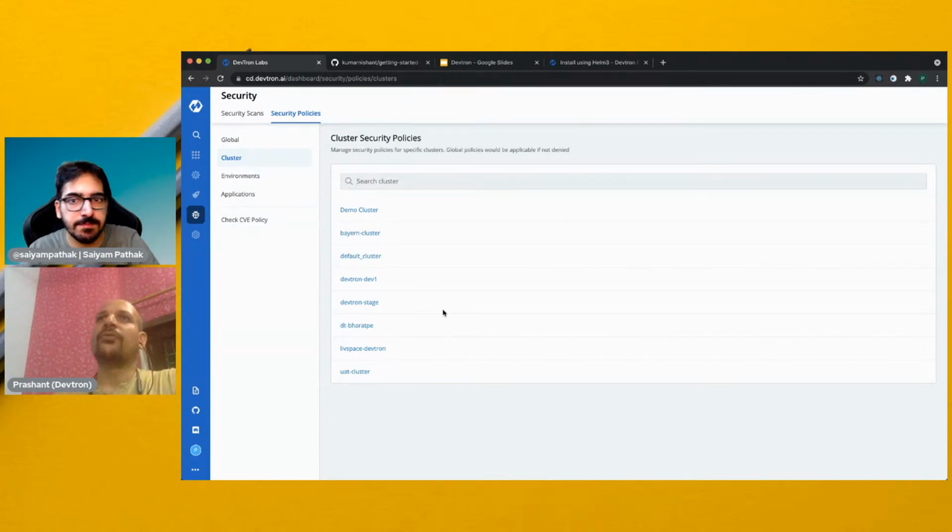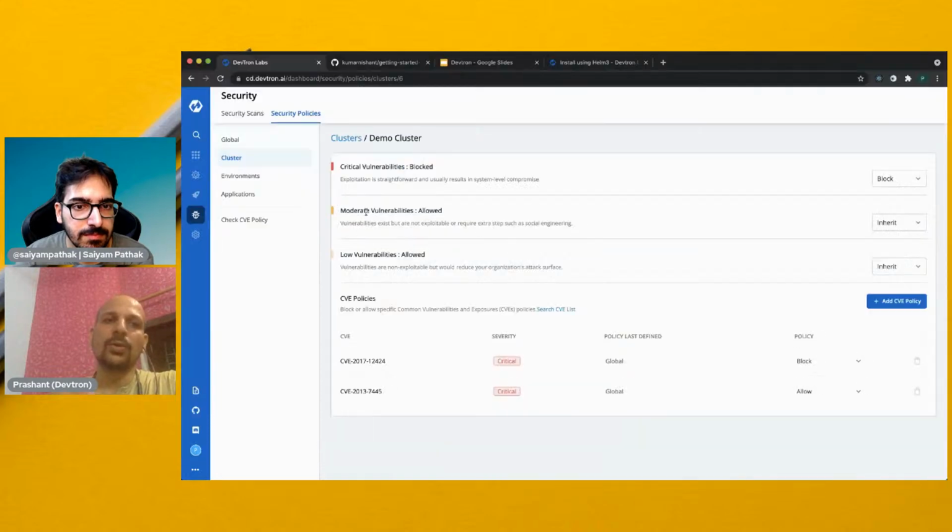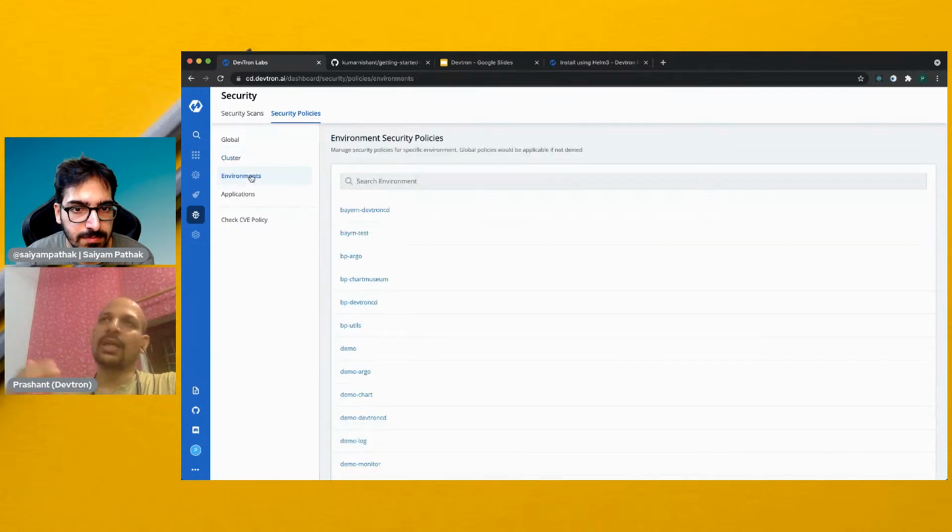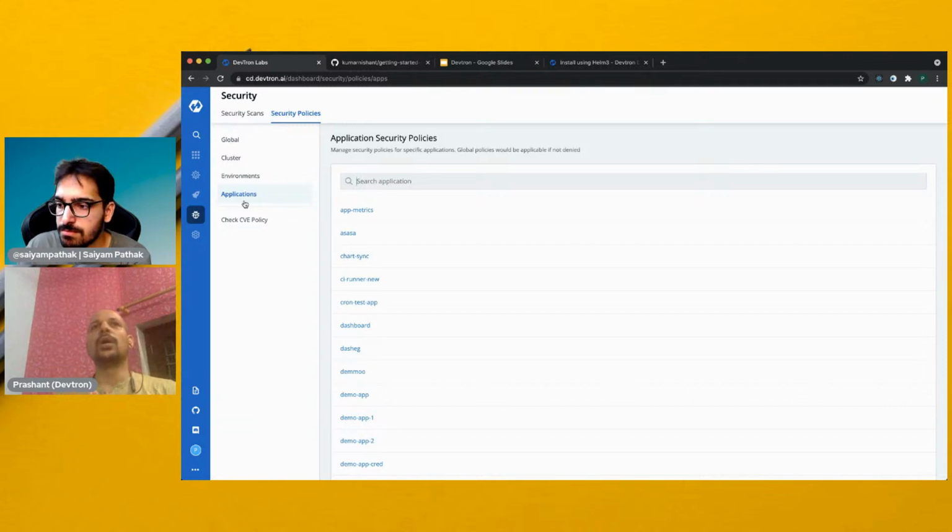For example, if you have critical applications running on, let's say, a set of 2 clusters, then you may further disallow security related things on those particular clusters, right? So here now you are doing cluster specific things. It will inherit from global, but it will override them based on what you have configured for the cluster. Similarly, you can define for the cluster level, and then it overrides at an environment level, and finally at an application level. So what it allows you to do is have security policies in a saner